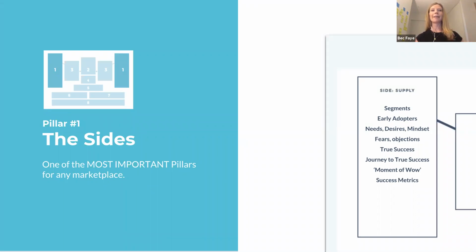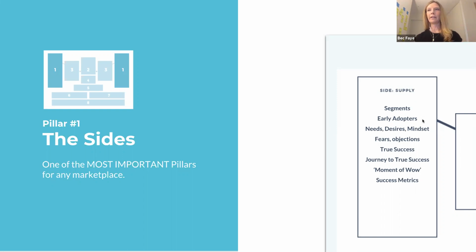Now, obviously there's all of these elements that you see in the marketplace map. All of these 8 pillars are critical, but the reason why I believe that the sides are the most important is this: if you don't understand your users correctly, if you misinterpret something or there's something there that you're missing, it will really make a huge difference in your success, essentially. If you don't understand aspects that you can see over here on the right-hand side, it's going to make your life really, really challenging.